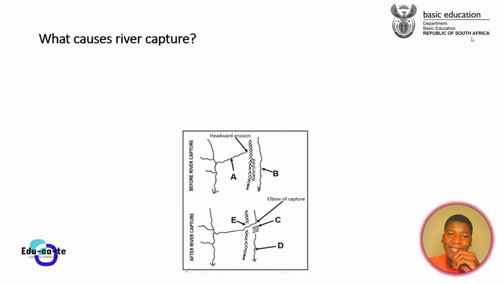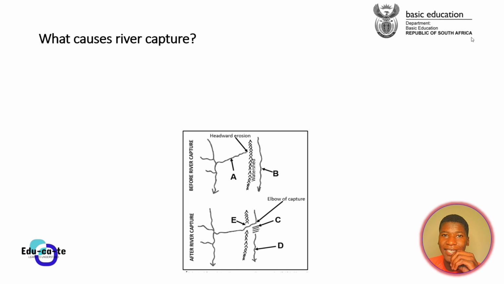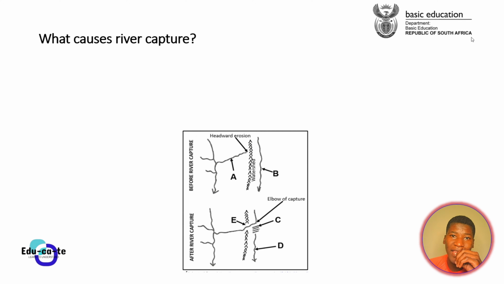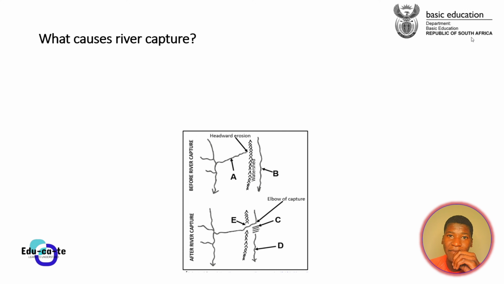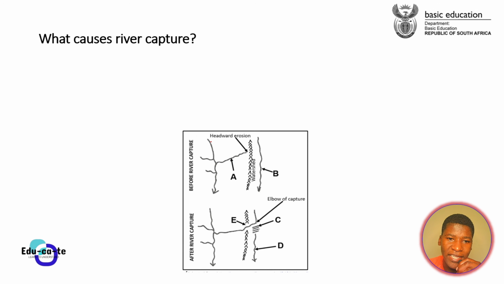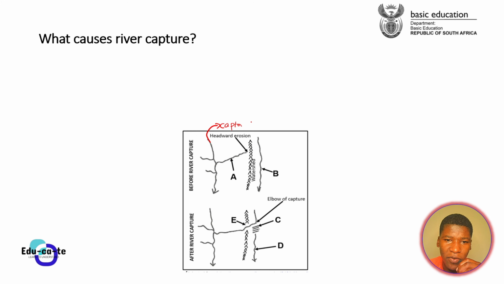So we'll look at this diagram as a reference for our river capture. Remember, we've got a captor stream as well as a captured stream, as well as a misfit stream, and all of those. So we're going to look at the causes. We're going to also look at how river capture occurs, as well as the characteristics of the stream after river capture. So now here you have got, in this case, your captor stream.